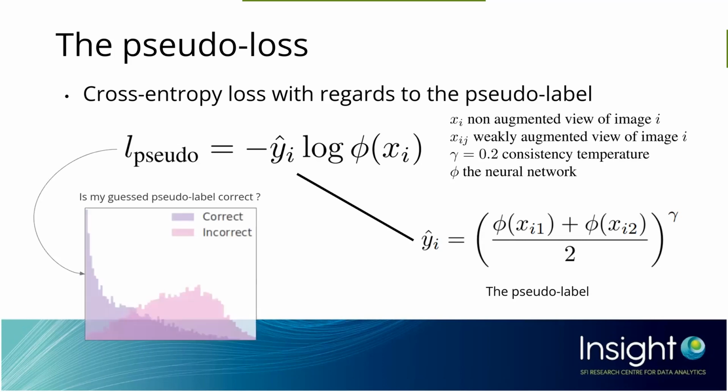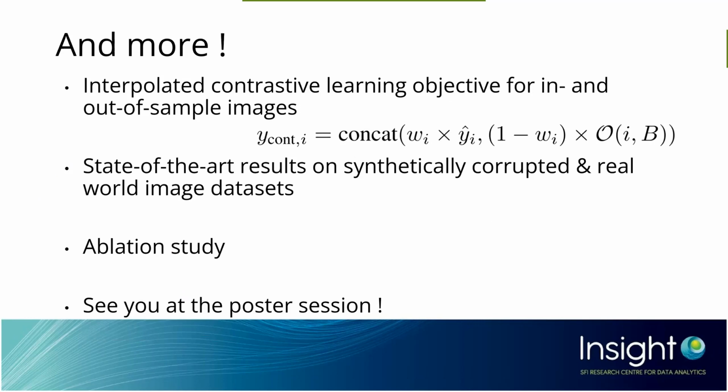We found this metric to be very well correlated to the correctness of a pseudo-label, and specifically we observed two modes in this loss when evaluated over all the noisy images, where the low loss mode is the mode where the pseudo-label tends to be correct, and the high loss mode is where the pseudo-label tends to be incorrect. We can then retrieve each of the modes using a mixture model, in our case a Gaussian mixture. We do also much more in the paper.